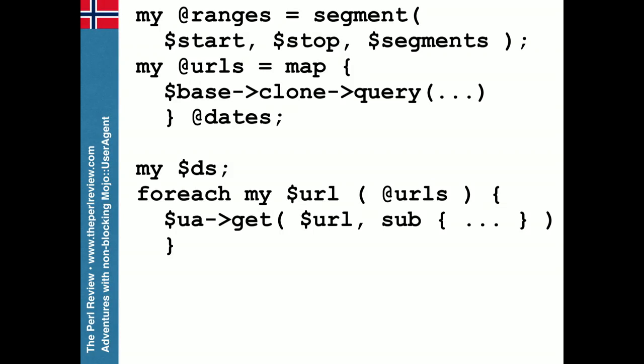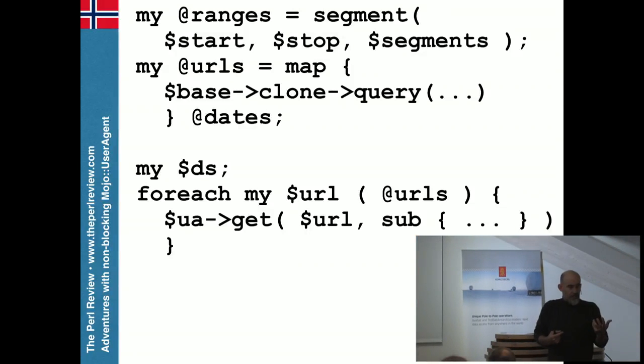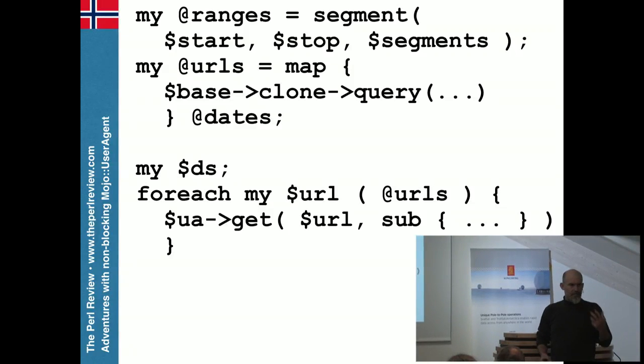We start at the top, we just take the date ranges, we segment it somehow. I don't know what the code is. I actually deleted this code a couple of months ago because I was cleaning out stuff. I'm like, I'm never gonna need this stuff again. And then I was like, oh, I'll go to Mojoconf and talk about this. It's like,